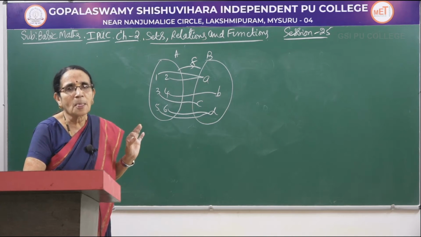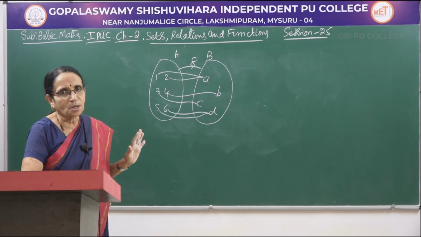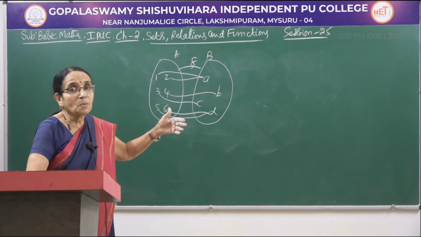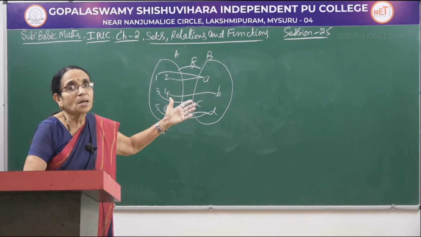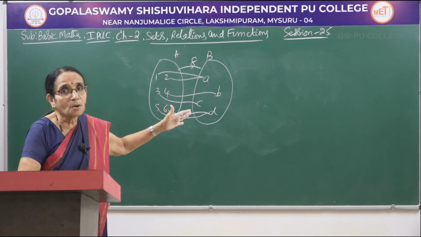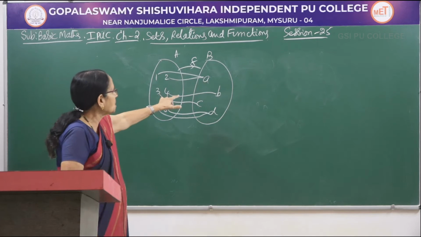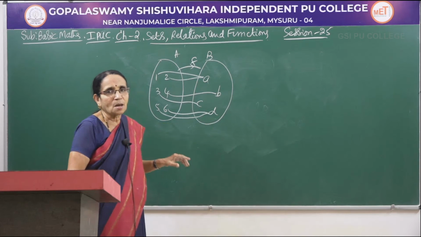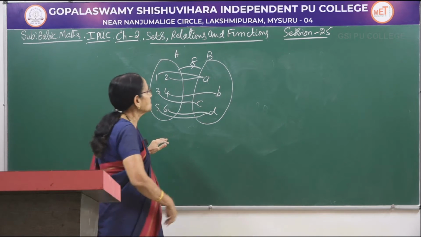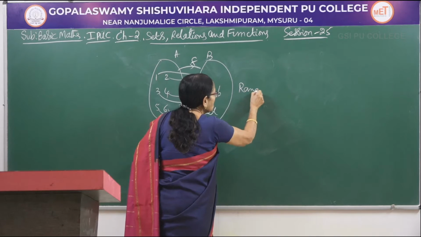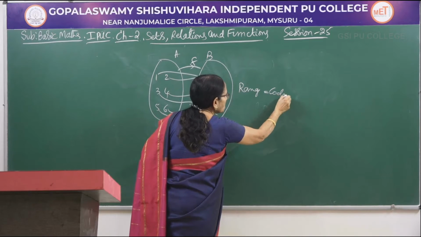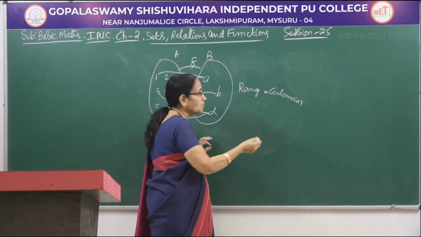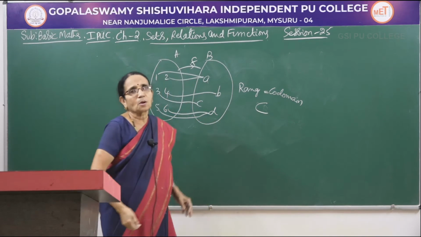So, one-one function is injective, onto function is surjective. In one-one and many-one functions, some elements may be left out; in other words, the range would be a subset of the codomain, not equal to it. You observe here, range contains A, B, C, D, and codomain also contains A, B, C, D. So, when it is an onto function, the range is equal to the codomain. In the other cases, many-one and one-one, it may be a subset of the codomain.